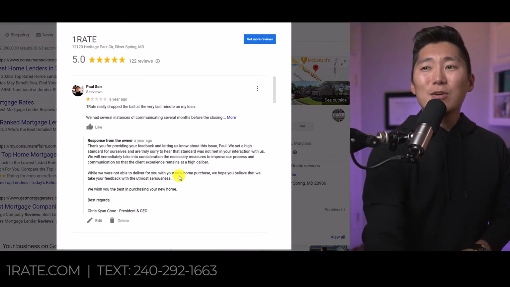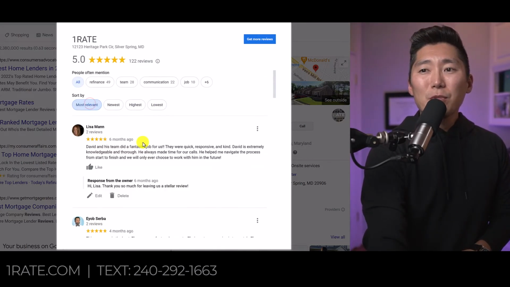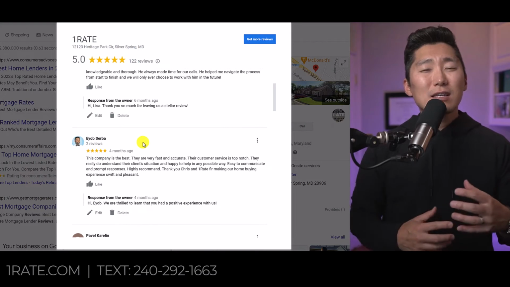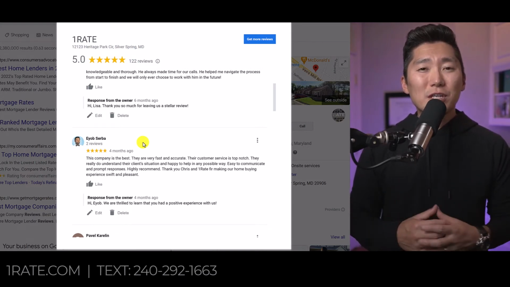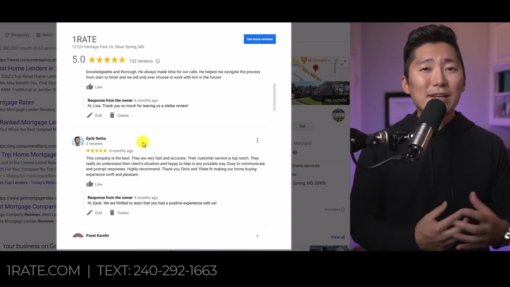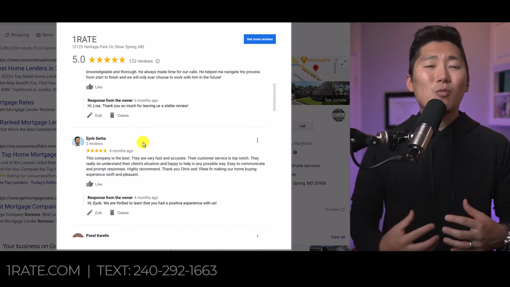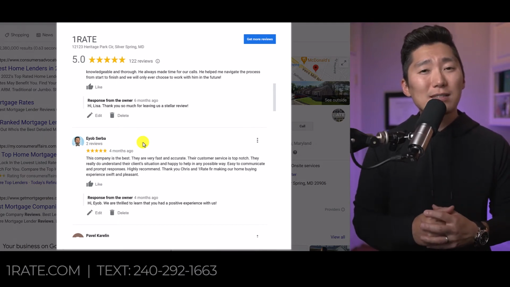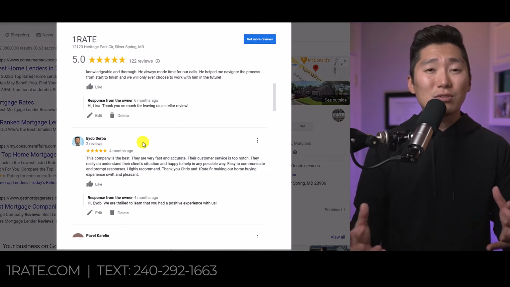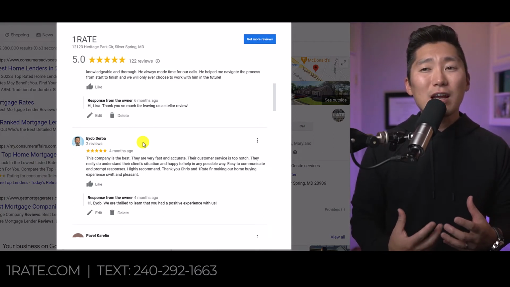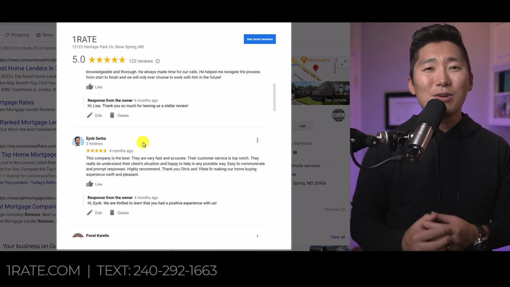Third is when you go back to the reviews, read the positive reviews and see, does it relate to what's important to you? Is speed important to you? Is communication style important to you? Is it patience and walking you through and educating you through the process? Is that important to you? Is it all important to you or not? So that's something that you got to figure out and see, does that resonate with you when you're reading the